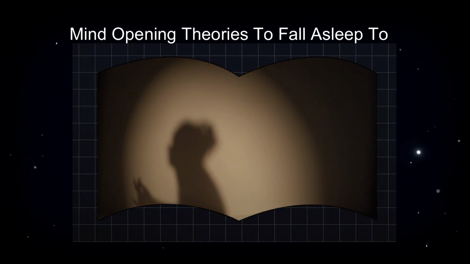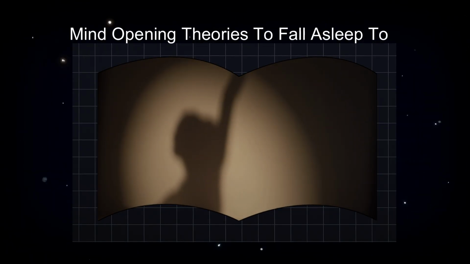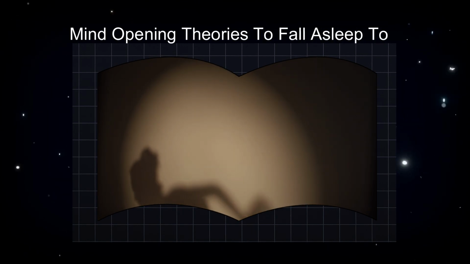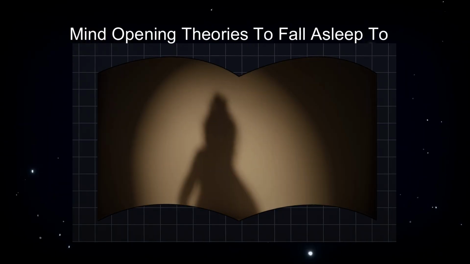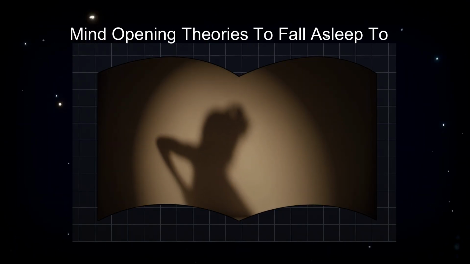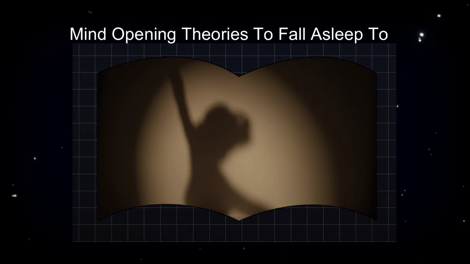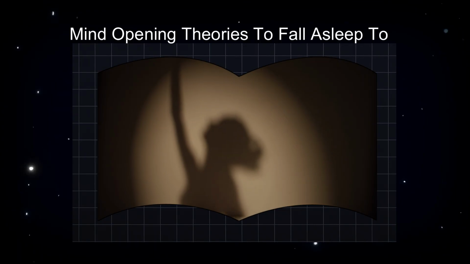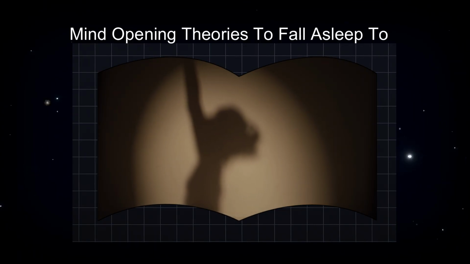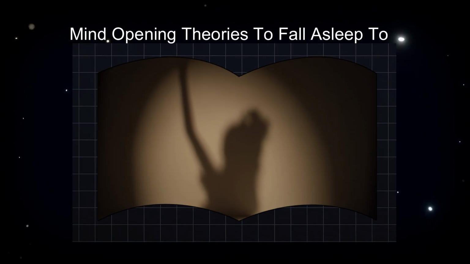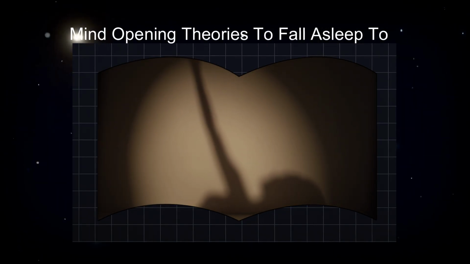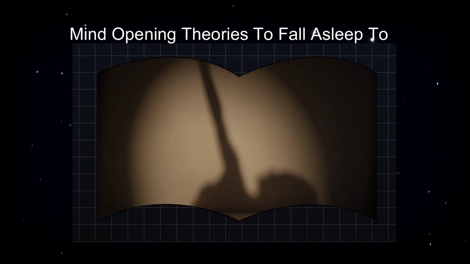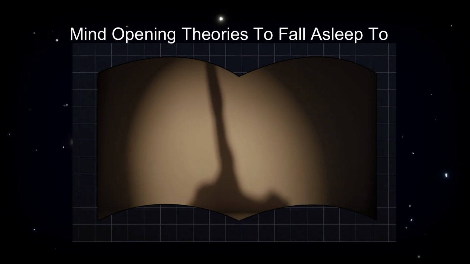Enter de Broglie and Bohm. Louis de Broglie proposed the pilot wave idea in 1927. David Bohm revived and expanded it in the 1950s. Their theory says this: particles have real positions and trajectories at all times, even when we're not observing them. But their motion is guided by an invisible pilot wave. Think back to that boat. It's not drifting randomly. The engine moves it forward, but the waves shape its path. In the quantum version, the pilot wave is the ocean and the particle is the boat.